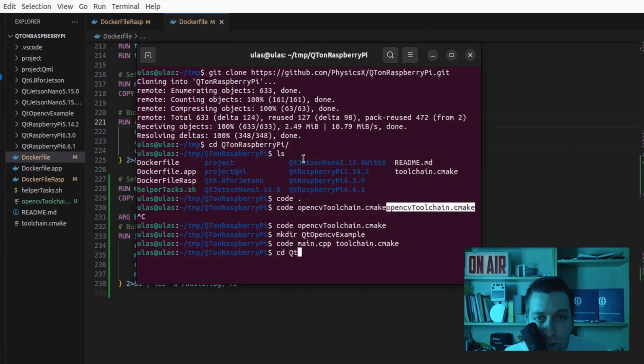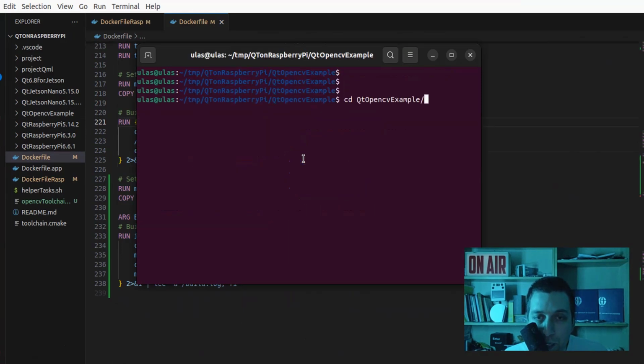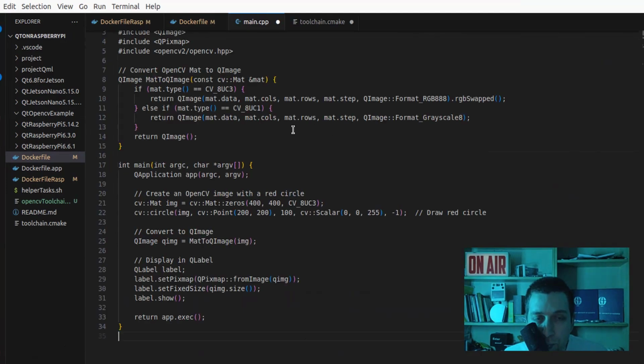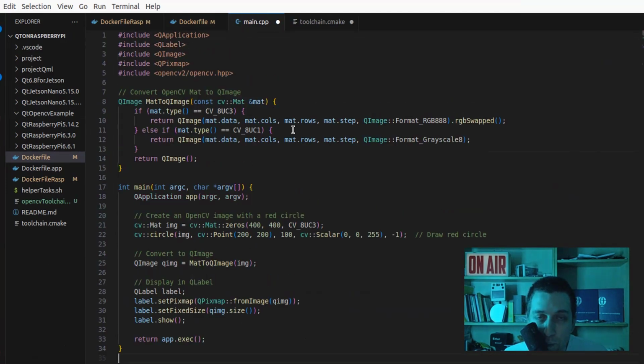Okay, cd Qt. I need to create the files inside this directory. It is a very simple application. It will create a circle using OpenCV, and this circle will be represented in the window which is created by Qt. Simple. We are going to include the OpenCV headers, as you see here,